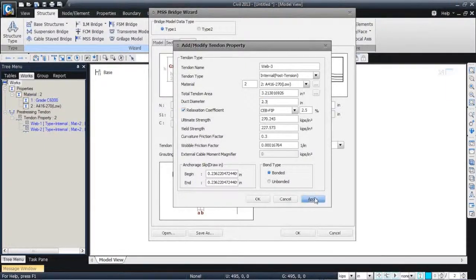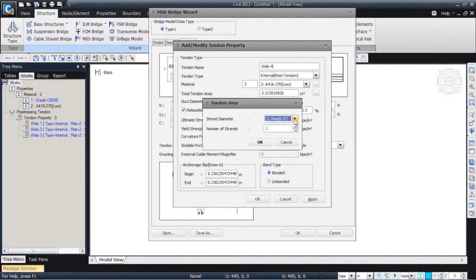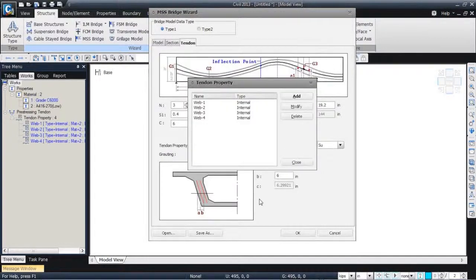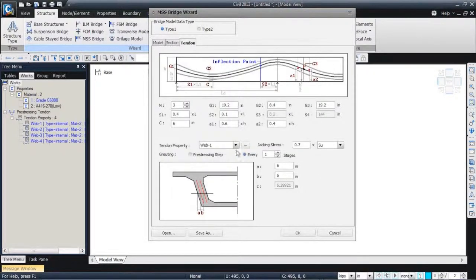Duct diameter, apply, and then let's say the last one is web 4 with 0.6 inch strands, 21 in number, and the duct diameter has 2.75 inches. Then I'll hit OK. So we have defined 4 tendon properties here,